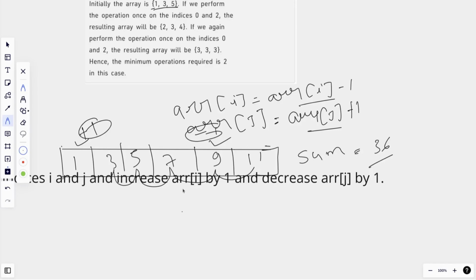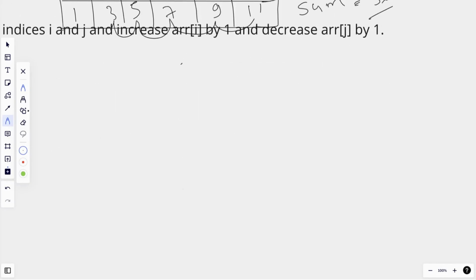And one more thing that we can notice here is this array is an AP where a is equal to 1, common difference d is equal to 2, and total number of terms is n. So we can directly find the sum of this array. Using the AP sum formula, sum is equal to n by 2 into 2a plus n minus 1 into d.